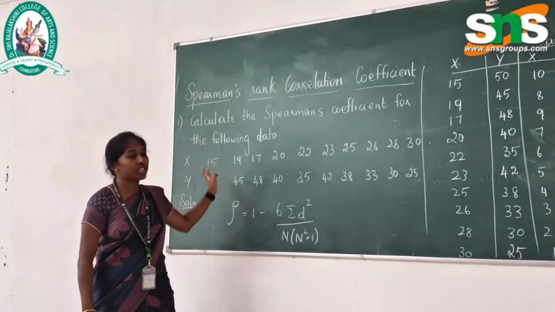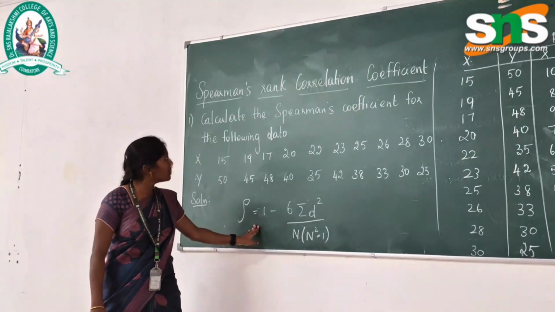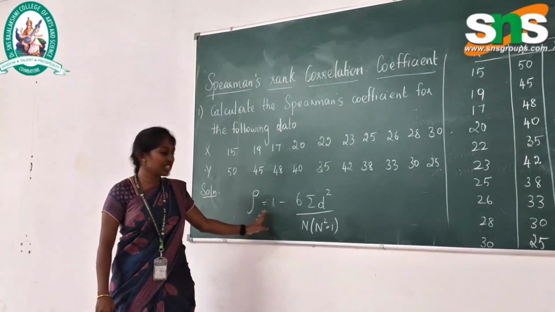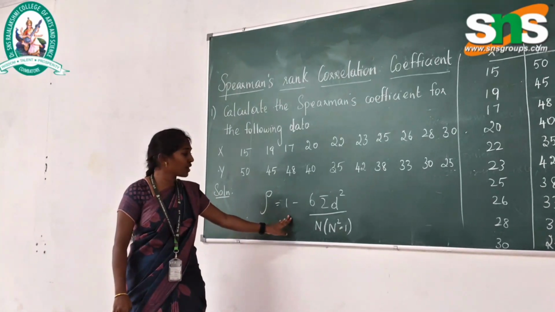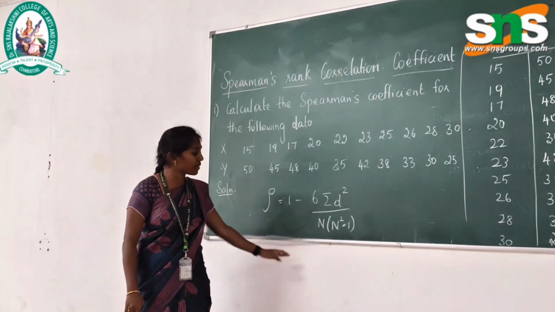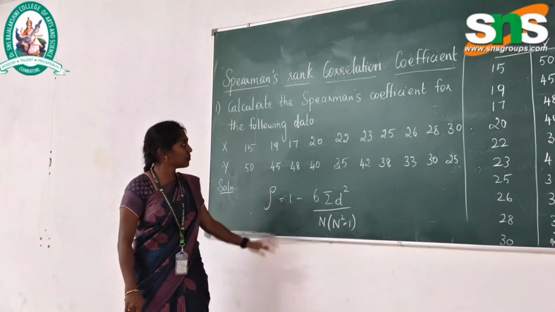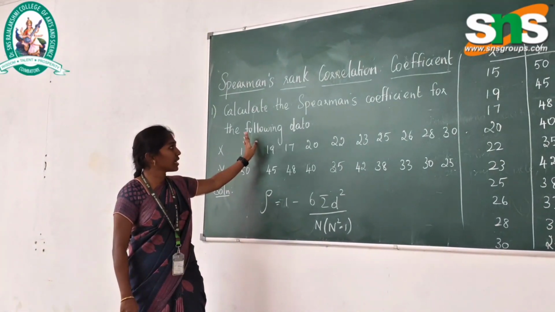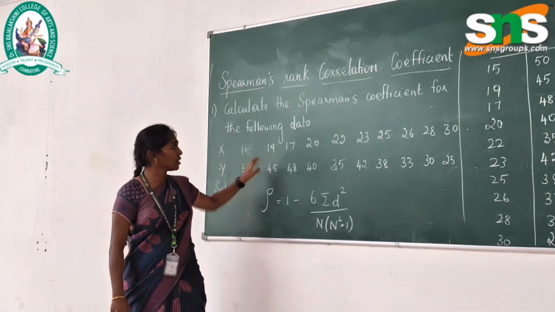Problem in Spearman's rank correlation coefficient. So this is the formula for the Spearman's rank correlation coefficient. The formula is rho is equal to 1 minus 6 into summation d square by n into n square minus 1. So this is the problem statement, that is we have to calculate the Spearman's coefficient for the following